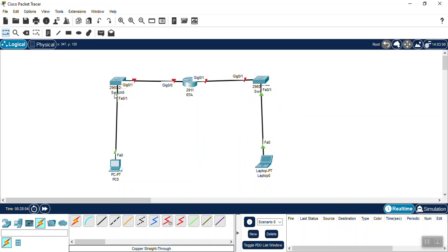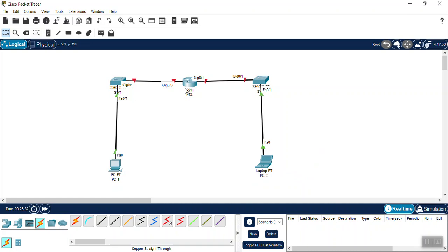RTA, then we have this one, that is SW1, and then just click on the name and you can rename it SW2, and this is PC1, and this is PC2. So we have given the names here.